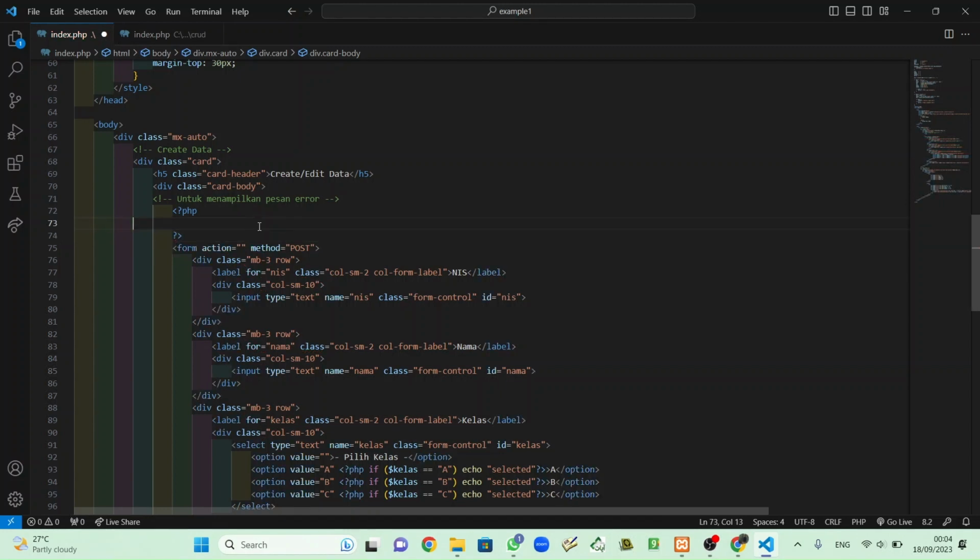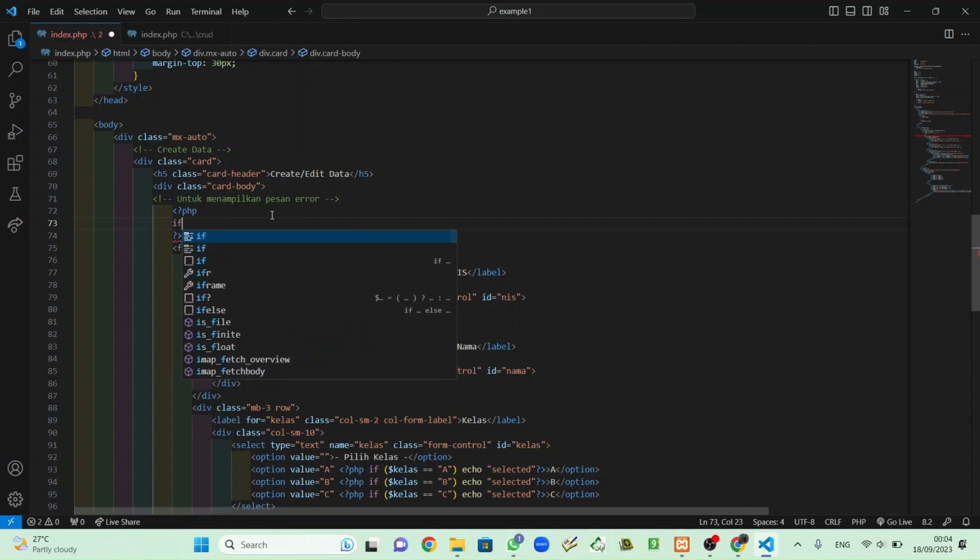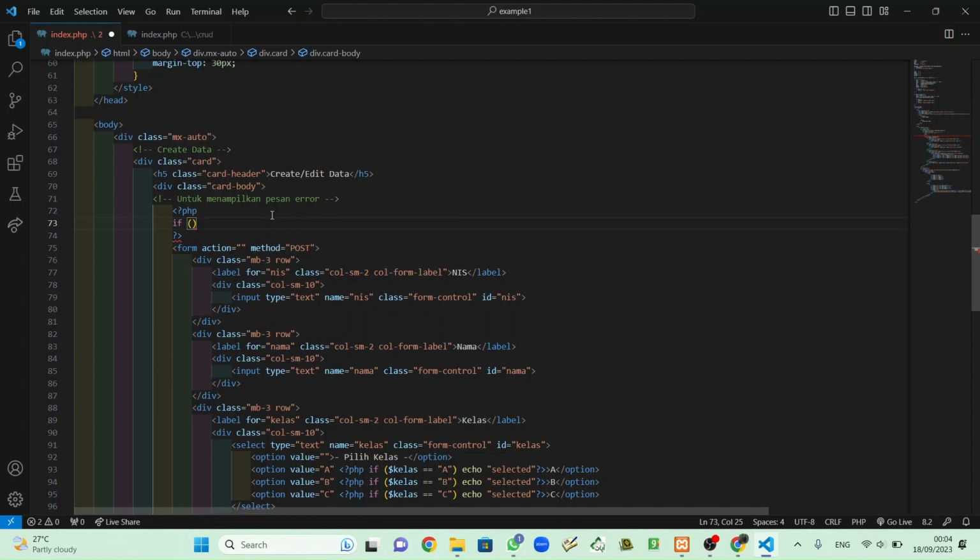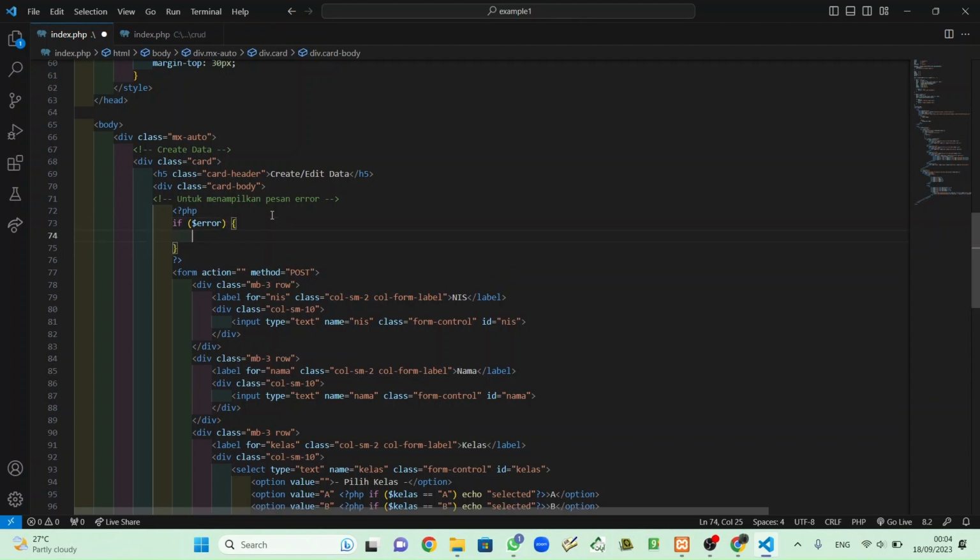And inside the PHP is if error, or if the message is error, then add the message here with div, or like this. We will close the PHP first with the close tag from PHP,